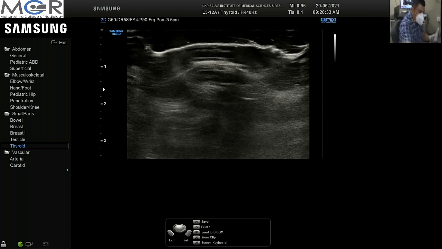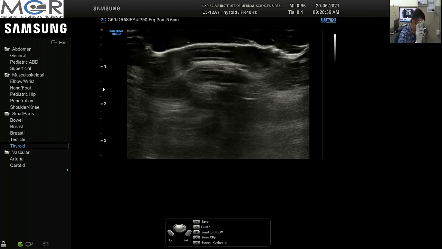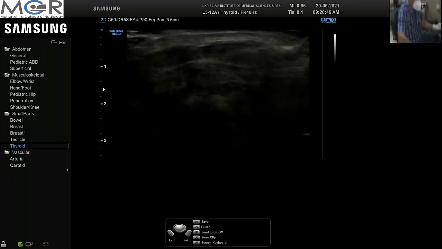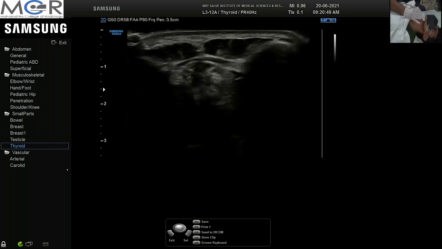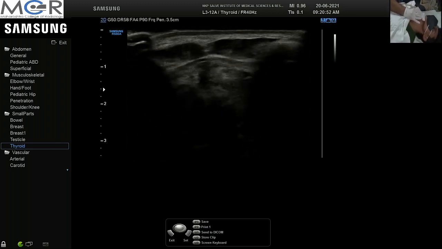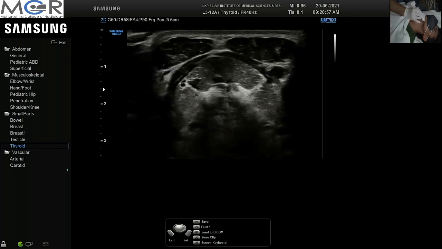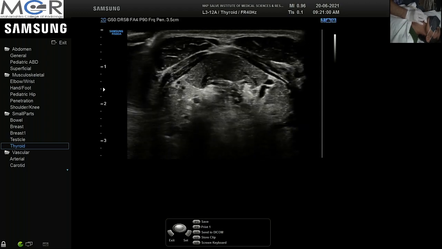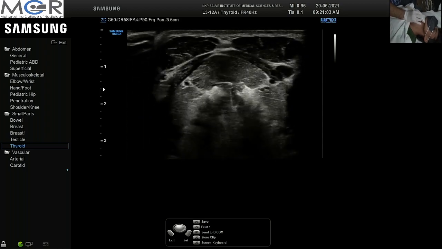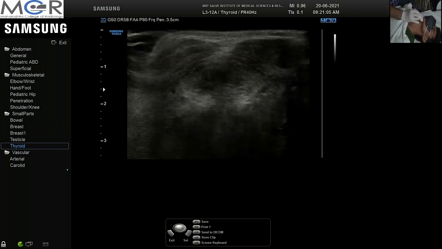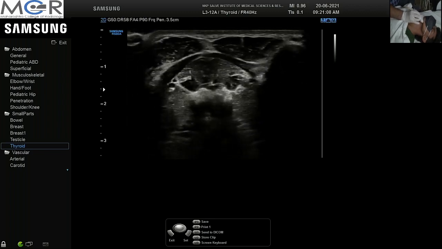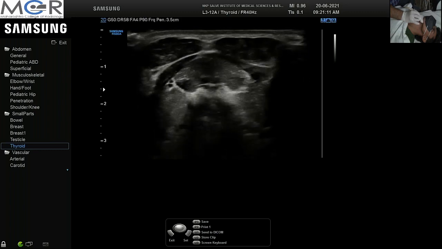Most of the lesions in the neck are amenable to accurate diagnosis depending on their location. So it is important to know the location of the lesion. So I am now putting my probe transversely in the submental space. The submental space, submental triangle, has its apex at symphysis menti and its base is formed by the hyoid bone. Its floor is formed by the mylohyoid muscle, and its 2 sides are formed by the anterior belly of digastric muscle.